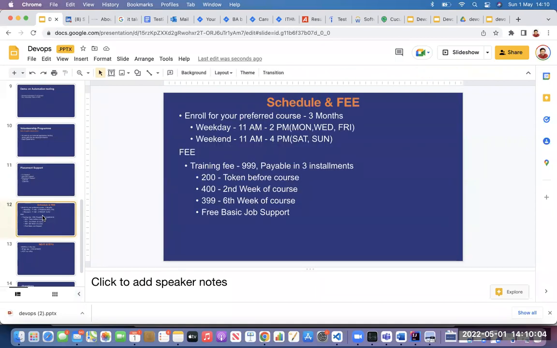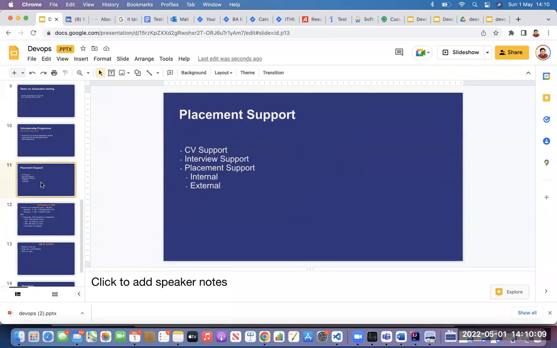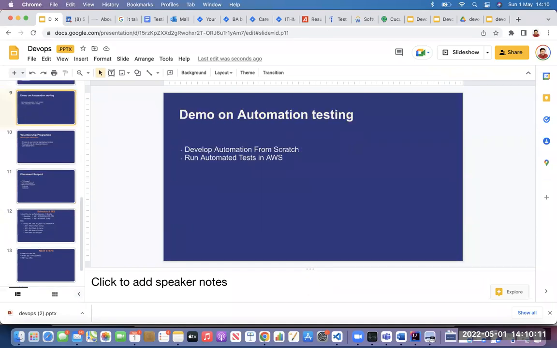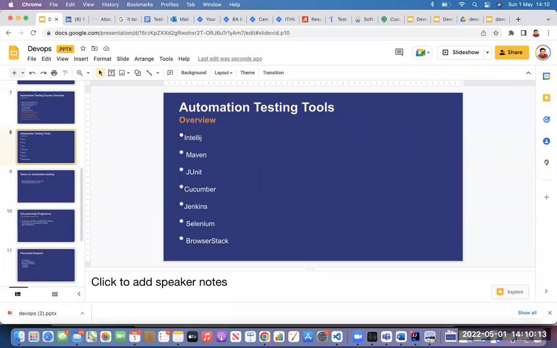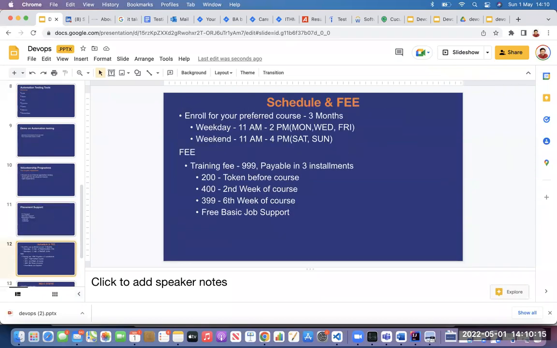And yes, coming to the final and important bit. This is about our placement program, guys. This is our volunteership. This is our automation course. And finally, the price. After all these things, we have kept our price as low as possible so that it is reachable for people everywhere in the UK.